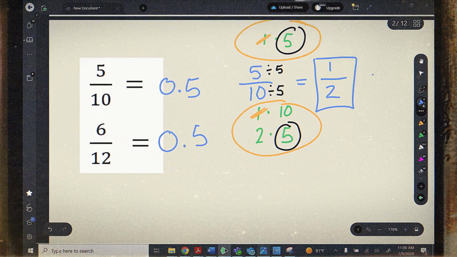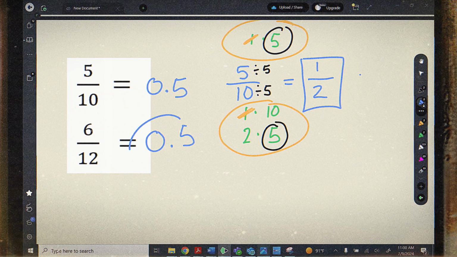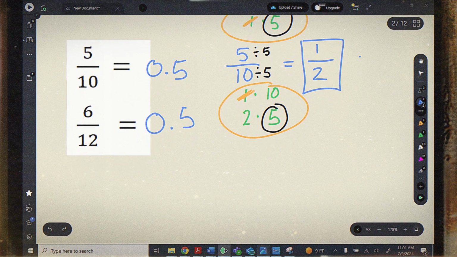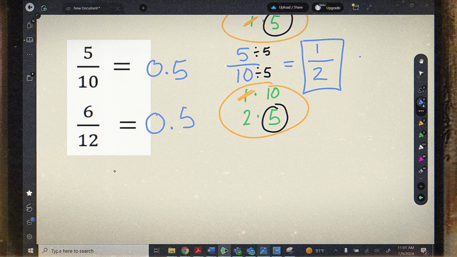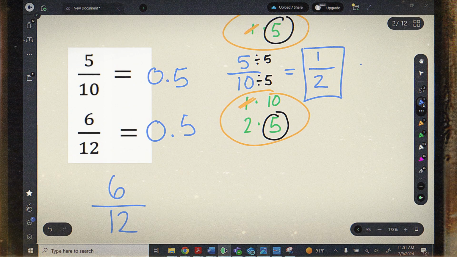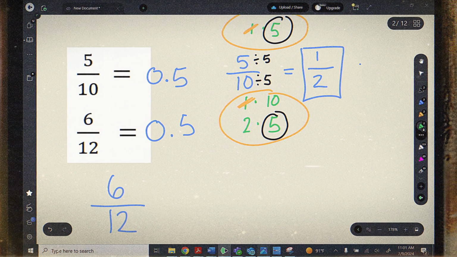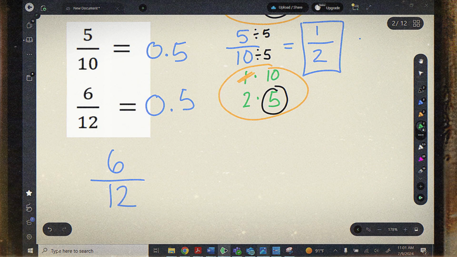Let's do the same thing with 6 over 12. Now, because we already know 6 over 12 gives us the same decimal value, it should also give us this same simplified fraction of 1 over 2, but let's go through the process. So if I have 6 divided by 12, I'm going to look for a greatest common factor, which means I